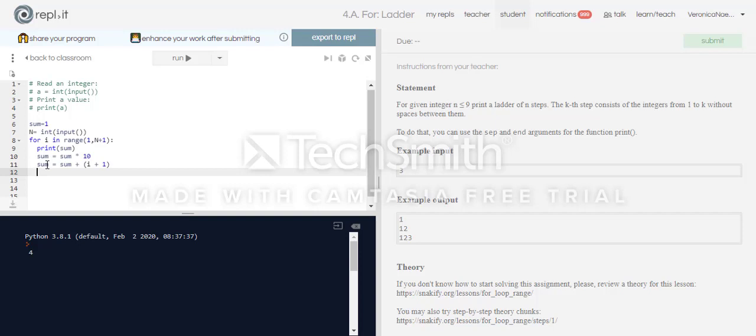So it's sum, in this case, 1. We changed it to 10. And then we're going to change it by the I, changing to the next number. So I is 1, we're changing it to 2. And since this is in a loop, we're coming back up and we're printing. We're going to print the 12. So we're printing out the 12. And the I, in the meanwhile, has changed to a 2. So in this case, this is